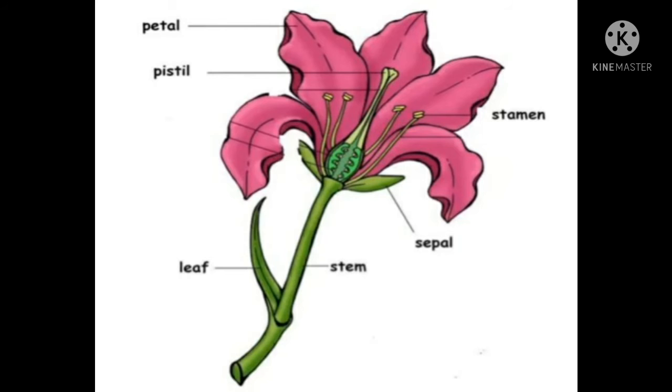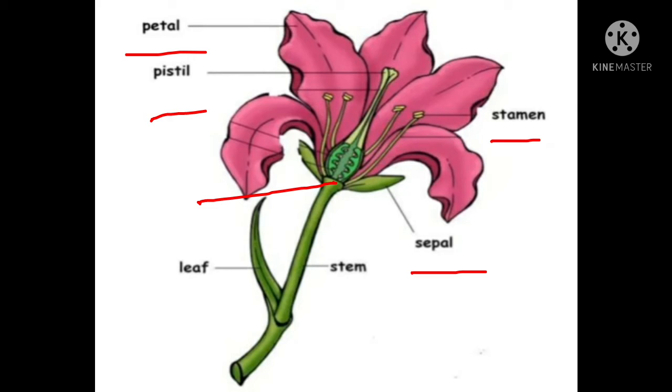The next important part of the plant is the flower. What is a flower? Flower is the colorful part of the plant which is the most attracting one. It is the reproductive organ for the plant. A flower which has only one type of reproductive organ is called unisexual. But if the flower has both the organs, male and female, then it is called a bisexual flower. Most of the flowers are bisexual. Some of the flowers change into fruits.